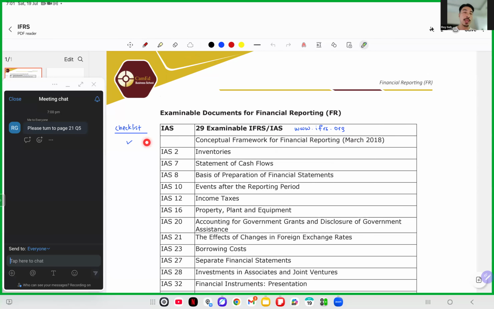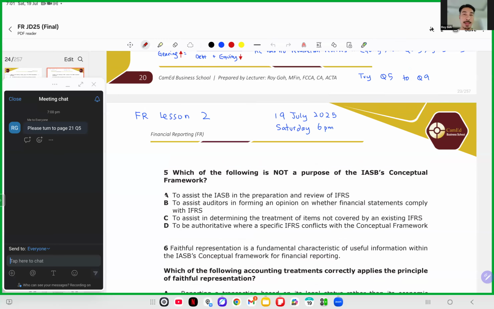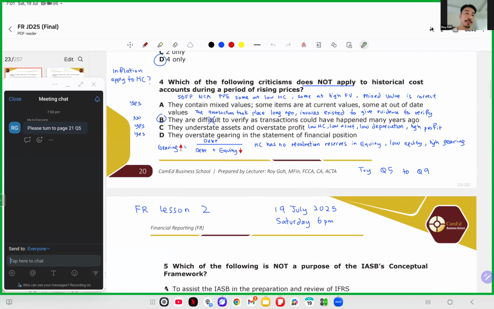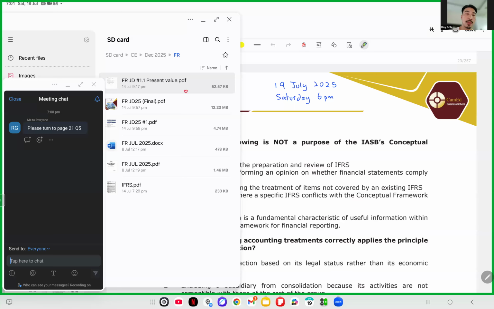So we are still continuing the framework. On the last lesson, which was earlier this week, Monday, we had finished question 4, and you had gone home and tried question 5, right? Okay, so let's try question 5. Which of the following is not a purpose? A purpose means the aim. If you go back to my lesson 1,